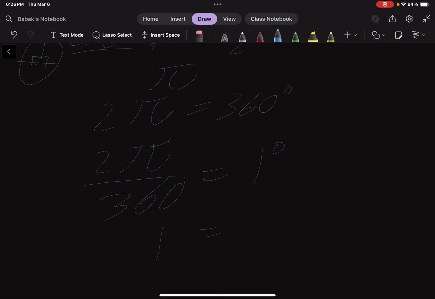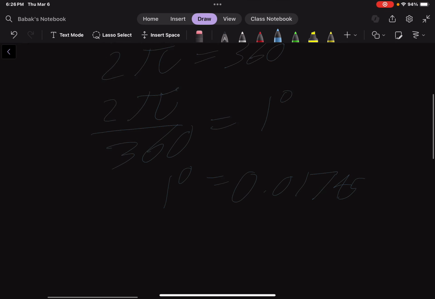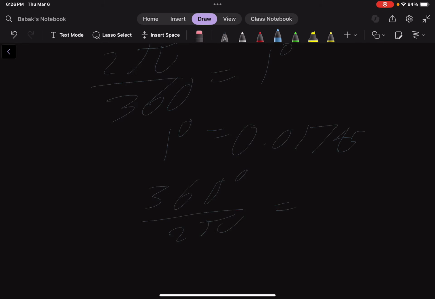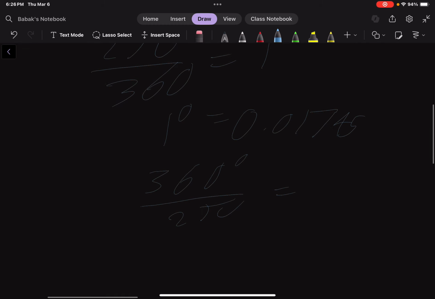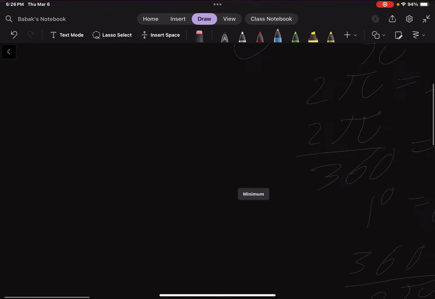1 degree is roughly equal to 0.01745 radians. Or alternatively, you could do 360 degrees divided by 2 pi, and you would see that this, corresponding to 1 radian, would be equal to roughly, I believe, 57.3 degrees. Now that we are done with radians, we may move on to the real topic of this lesson,